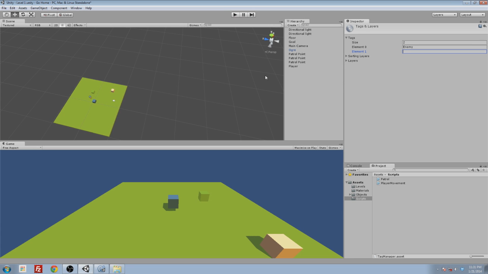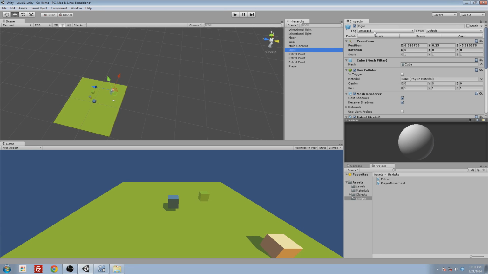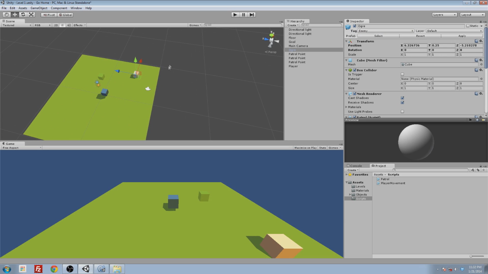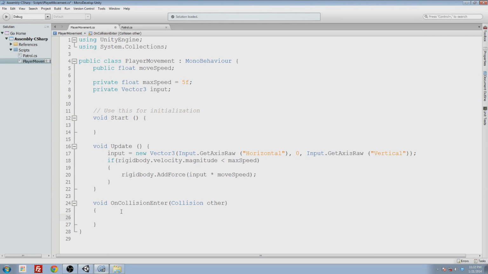It's pretty cool. Now I'm going to go back to the ogre. I'm going to go to the tag and add the tag of enemy. And now I can detect the tag of the object we hit. If that tag is equal to enemy, then I want to do something. So in the method for detecting collisions, I can say if,